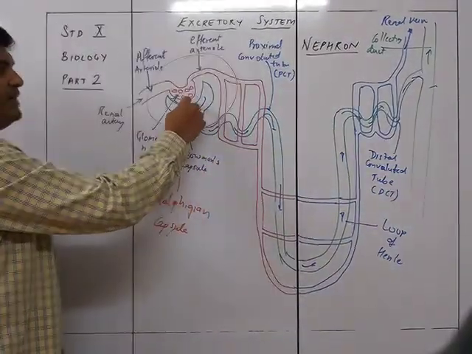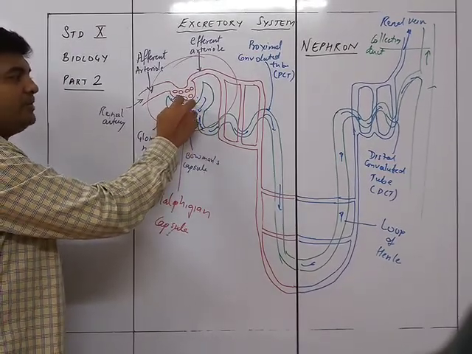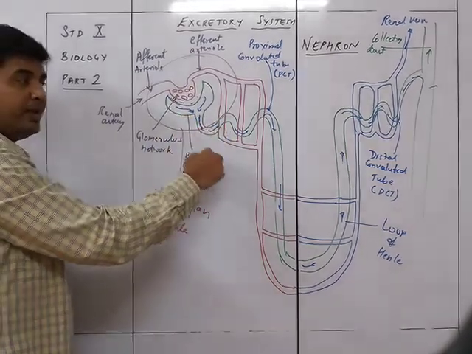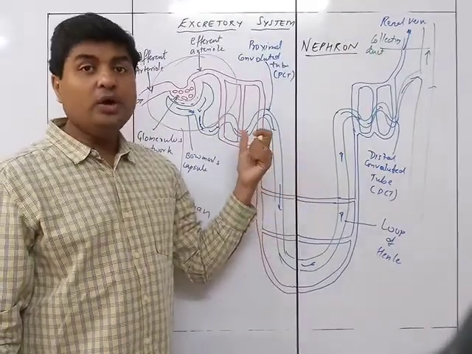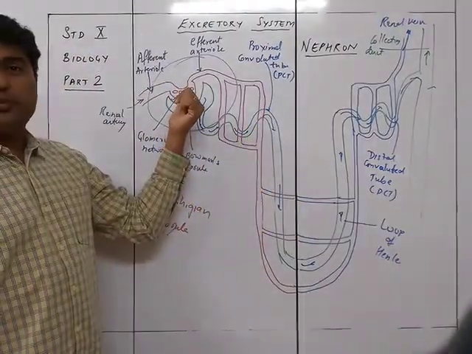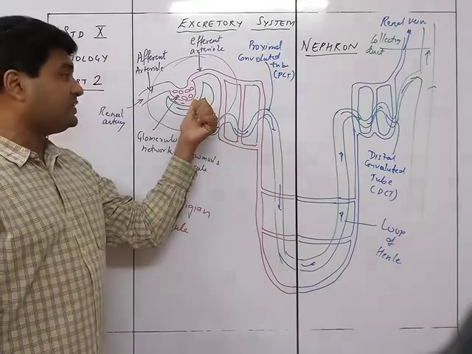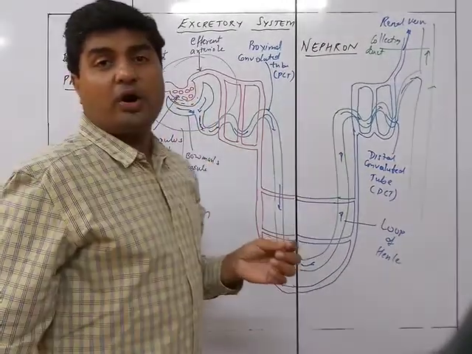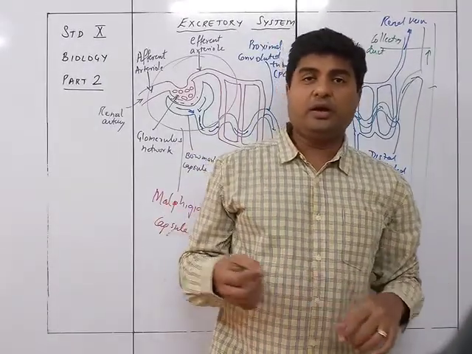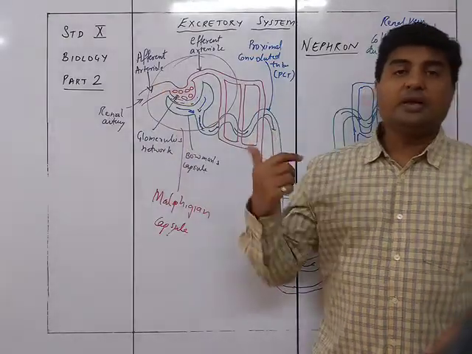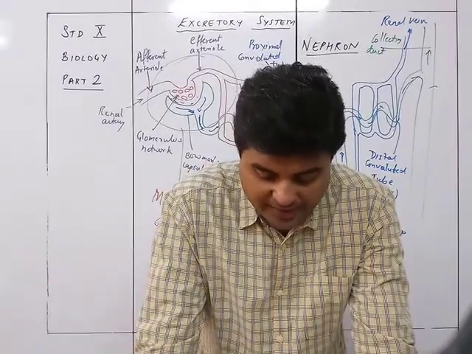अगर ये जगह पे, if there is some kind of damage caused to this glomerulus filtrate, what will happen? Even the WBC and RBC are going to enter into the tubules, and hence they are going to come out, because they cannot be reabsorbed anywhere. So when could that happen? This could happen if there is some kind of kidney stone or some kind of infection in the urinary tract. If this tract or this area has certain kind of infection, that's why there will be passage of the RBC, WBC or the corpuscles into the urine, then we say that the person may be suffering from hematuria or infection of the urinary tract.